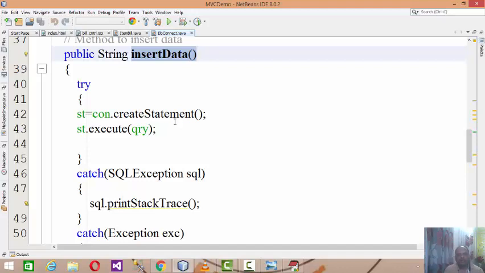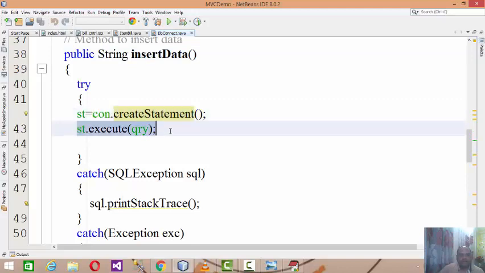I developed a package called BAL, which is responsible for all the data processing, and a package called DAL, which is responsible for all the database processing. In this manner, we can justify the MVC architecture. Now here, st equal to con.createStatement and then st.execute(query). The query will be executed and the data will be inserted into the database.